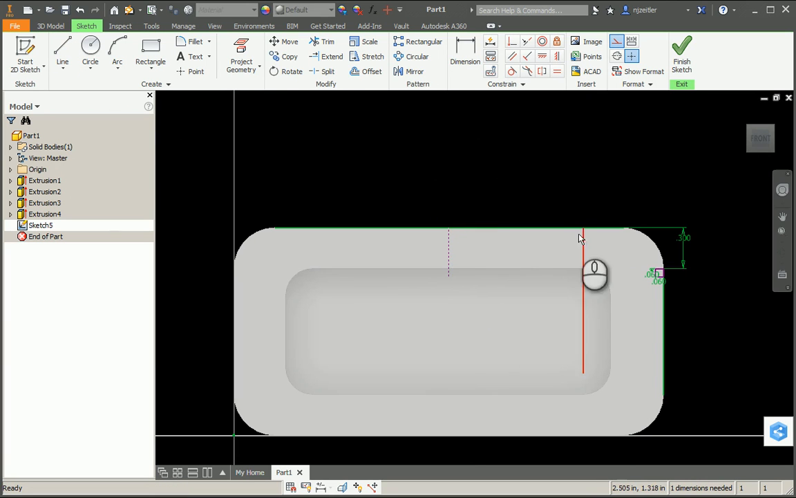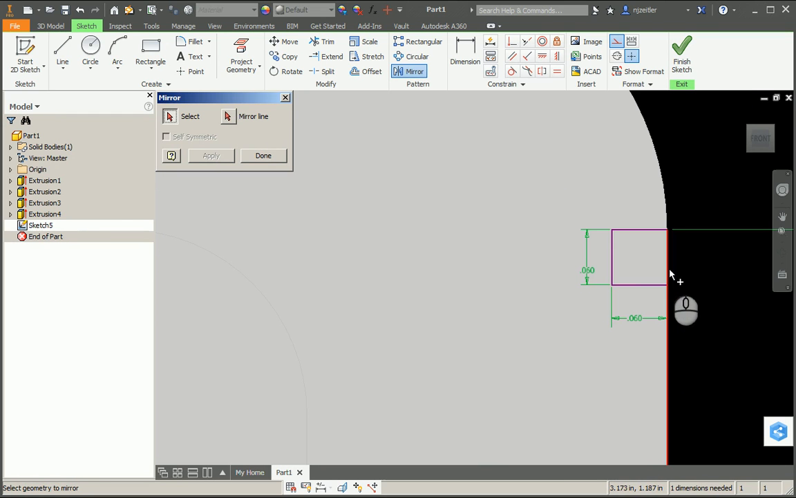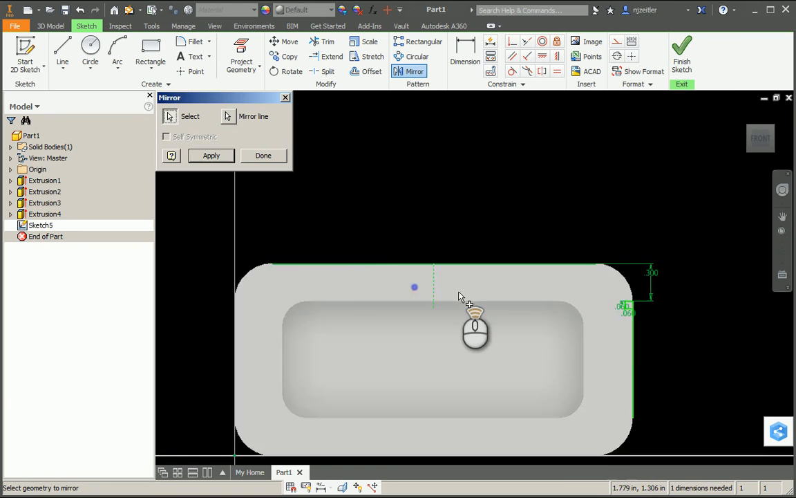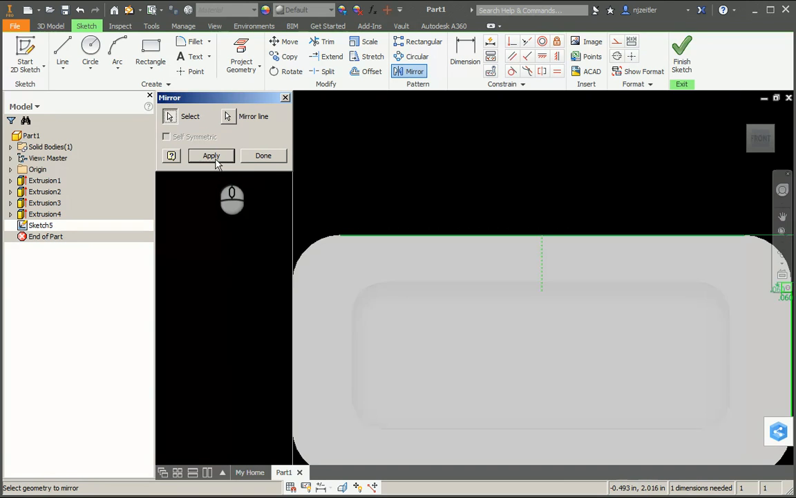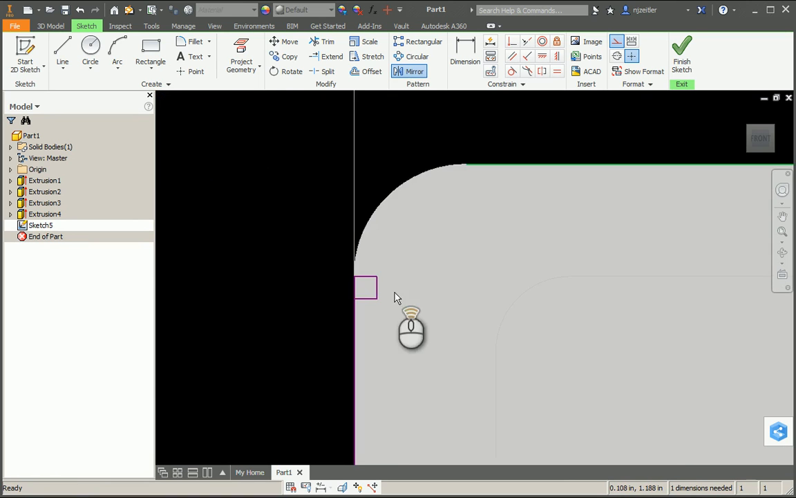And then I'm going to click on the mirror tool, and you have two different things you're going to do. You're going to select, and then you're going to select the mirror line. So I'm going to select all the parts of this rectangle, and then I'm going to click on the mirror line arrow and click on this mirror line and hit apply. You can see that brought that square over to the other side. So I'm going to hit done,